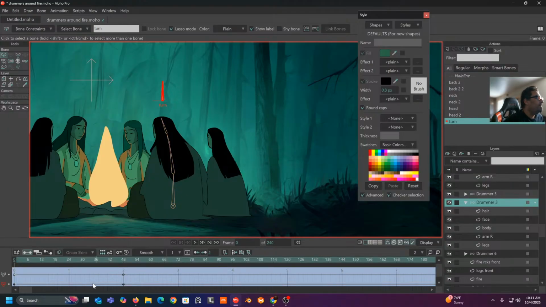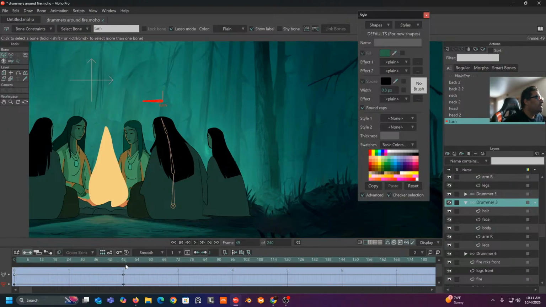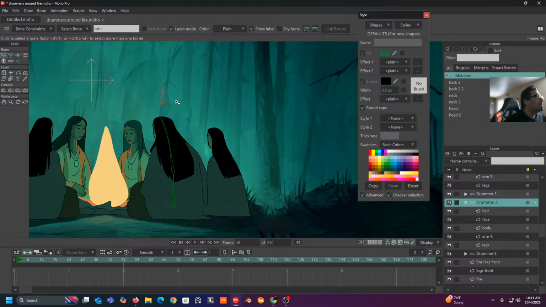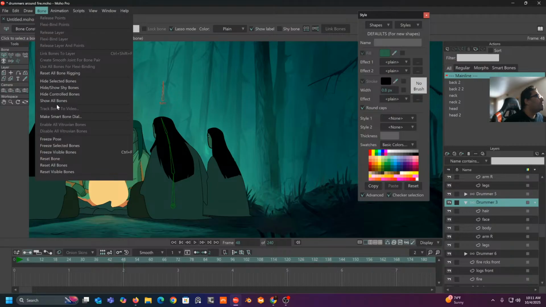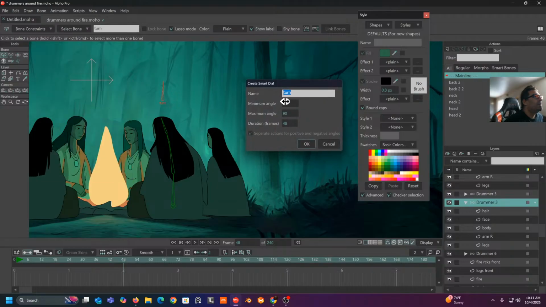We'll say OK. So now this will, I went the wrong direction. Let's go ahead and undo that, because that's going to be kind of difficult to do. Let's go bone, smart bone dial, and instead of 0 to 90, we're going to go 90